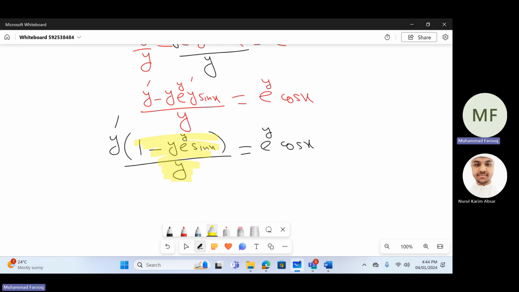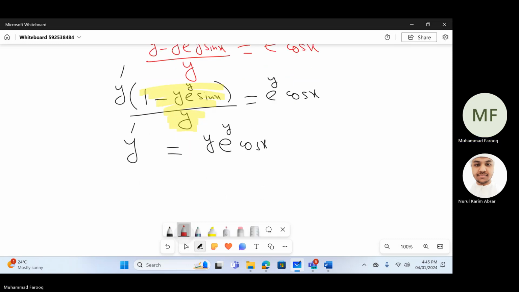Or if you move it to the other side, what happens? This one will go to this side, it will split. Do you understand the point? So this y prime is basically equal to e^y cosine x. Now look here. When you shift it to the other side, it will flip. This y goes up, it becomes y,